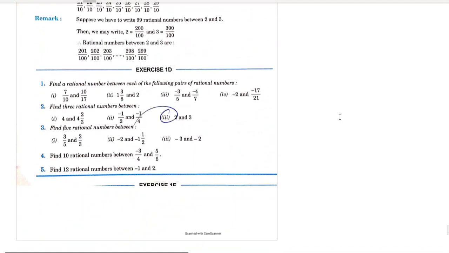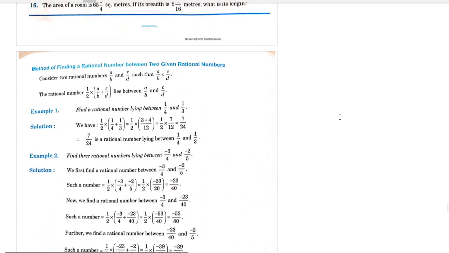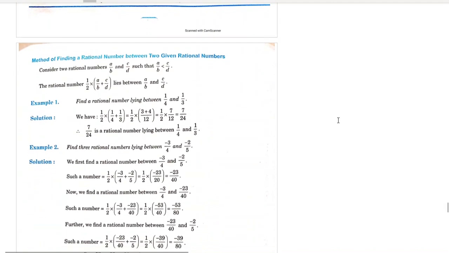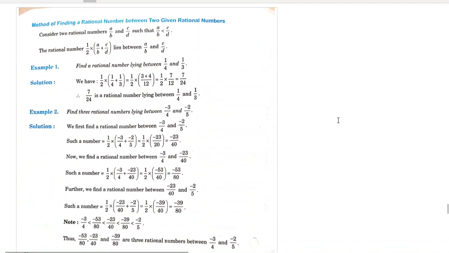Okay, and I think there is a last part over here which we can finish now. Yeah, let's do it. Okay, so in the last part we are finding rational numbers between two rational numbers. So the method which they have used is, when you want to find rational numbers between two rational numbers, you have to take the sum of two rational numbers and divide them by 2, and keep on dividing till how many rational numbers you want. So it sounds very confusing, right? But we'll take an example and check.